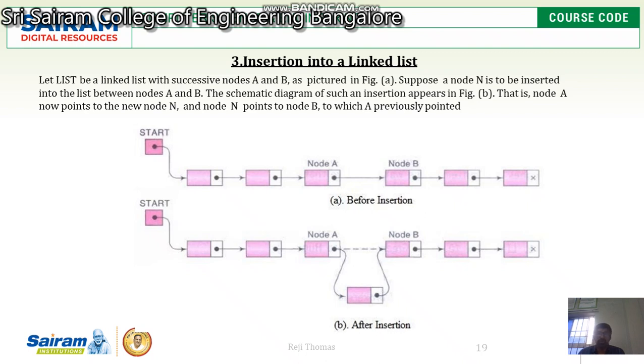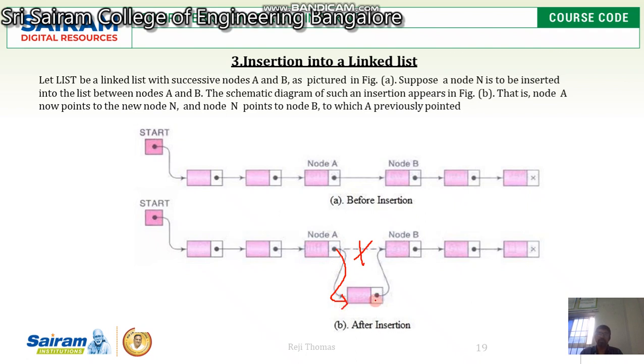So if you look at the first diagram, where you can find two nodes, one is A and second one is B. What we are going to do is insert a node between A and B. When insertion is done, look at what happened to A. Before, A was a pointer, there was an arrow from A to B. Now that will get disconnected, and A is going to be a pointer. A's link part is going to get a pointer to the newly inserted node. You can look at this.